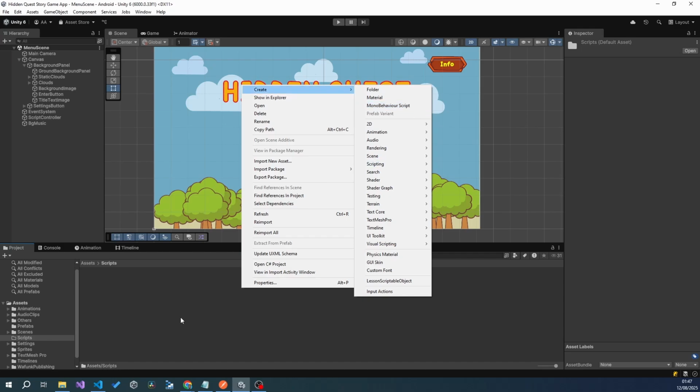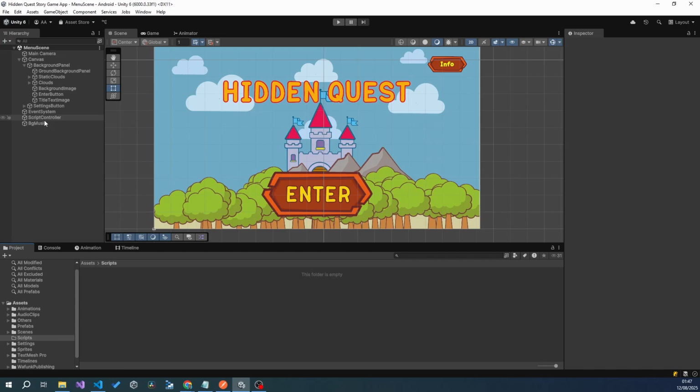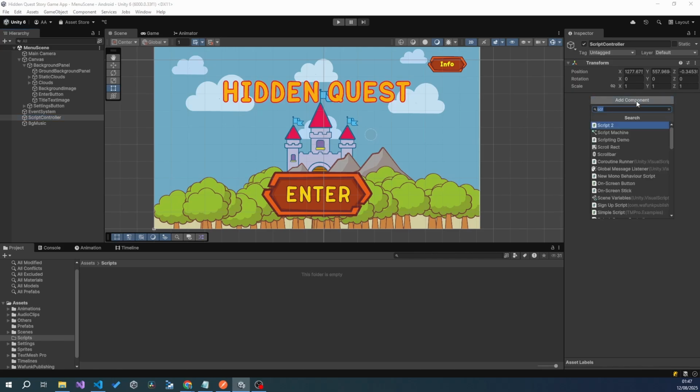For that, I have created this empty game object called Script Controller. Select it and in the inspector window, click Add Component. You'll see a number of available components including scripts. To filter, I can start typing in a script name or C# and it should present me with the new script option. You can select that. Having shared both options, my preferred approach is to create new scripts directly in my script subfolder, then attach it